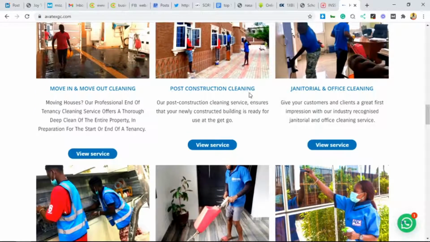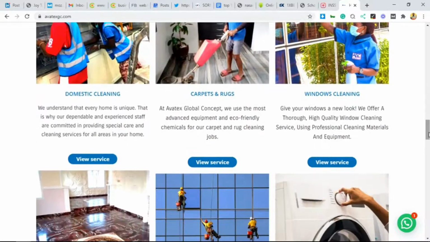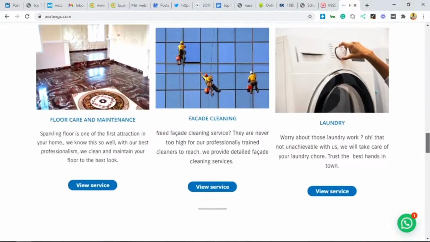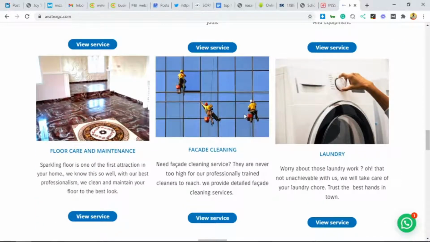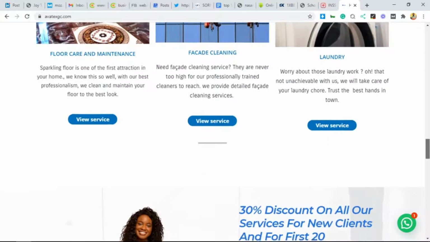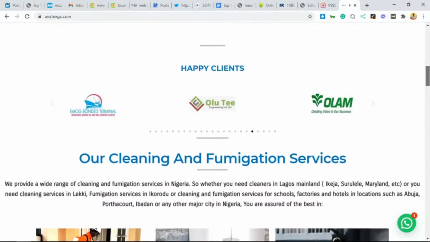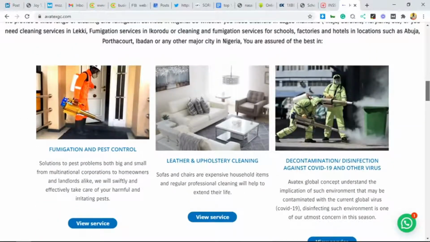So these are some of the services: post construction cleaning, janitorial and office cleaning. Then there is domestic cleaning, there is carpets and rugs, there is windows cleaning. Then you can see they are doing some skies facade cleaning here. Facade cleaning sizes are never too high for professionally trained cleaners and the like. So that's good. But when I go into optimization of this website,